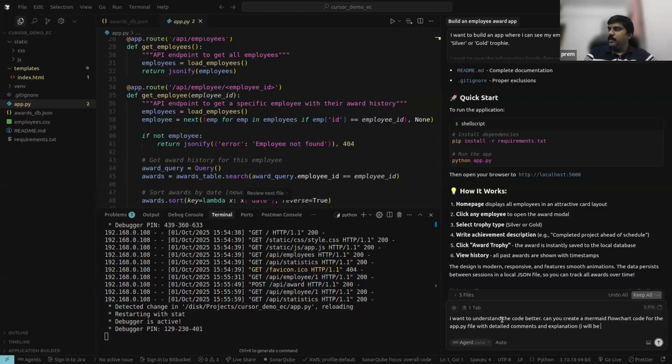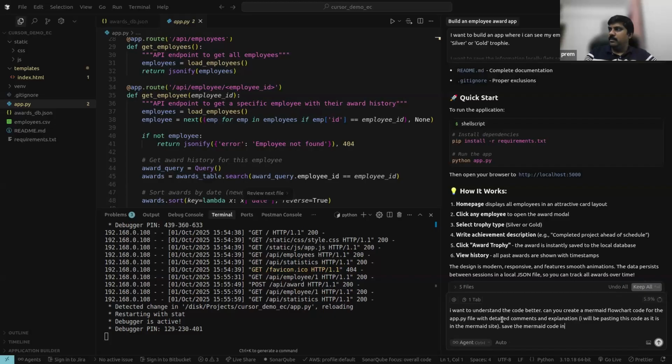I will be pasting this code as it is in the mermaid site. If I say that clearly, it will know what I want and give me that. Save the mermaid code